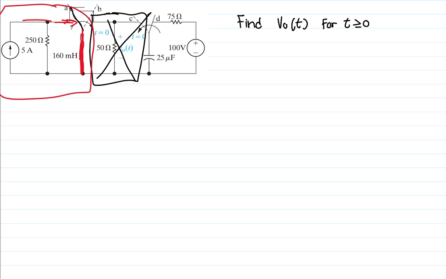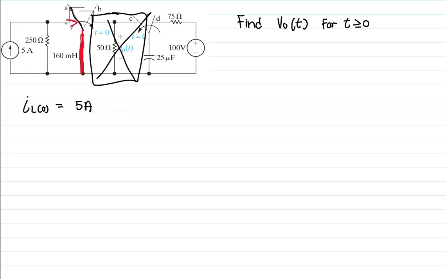So here there's 0 resistance, so the initial inductor current is actually that whole current, which is 5 amperes. So the initial inductor current, so let's just say IL(0) is equal to that current,